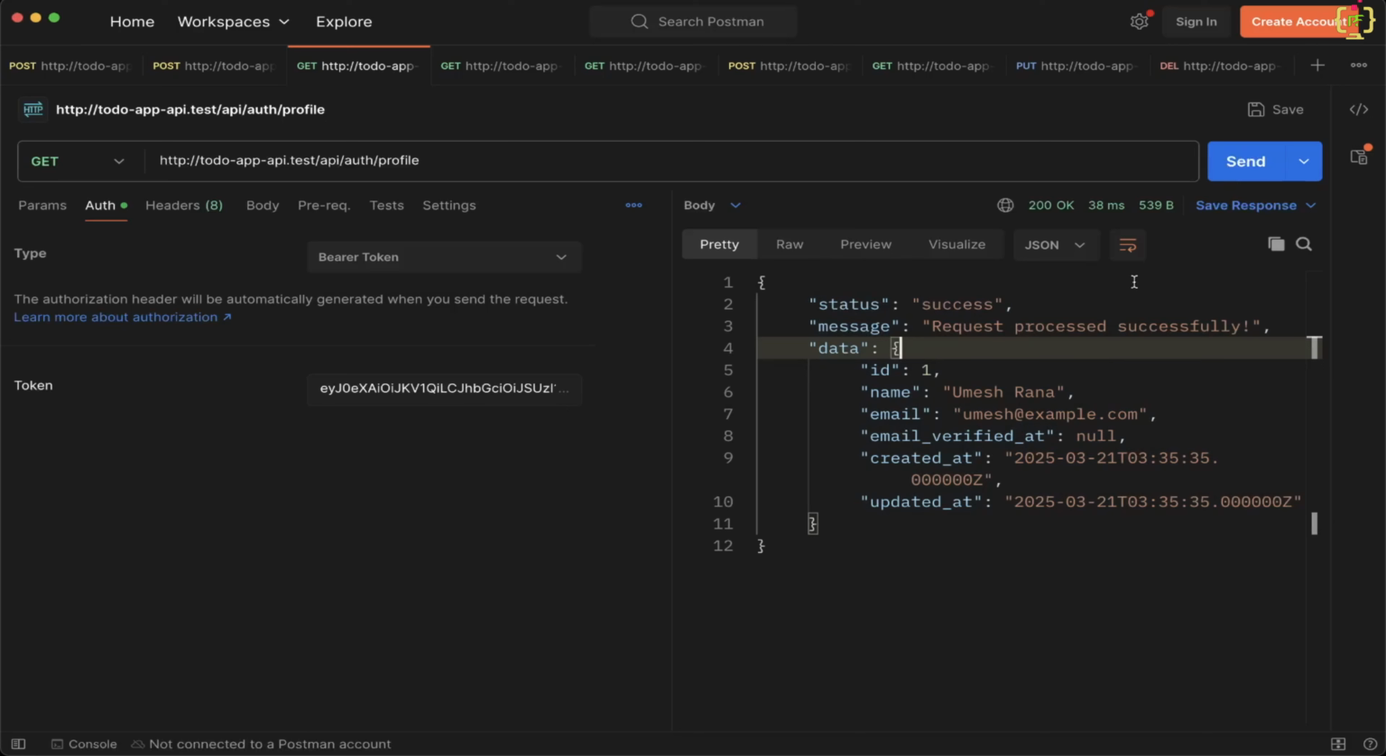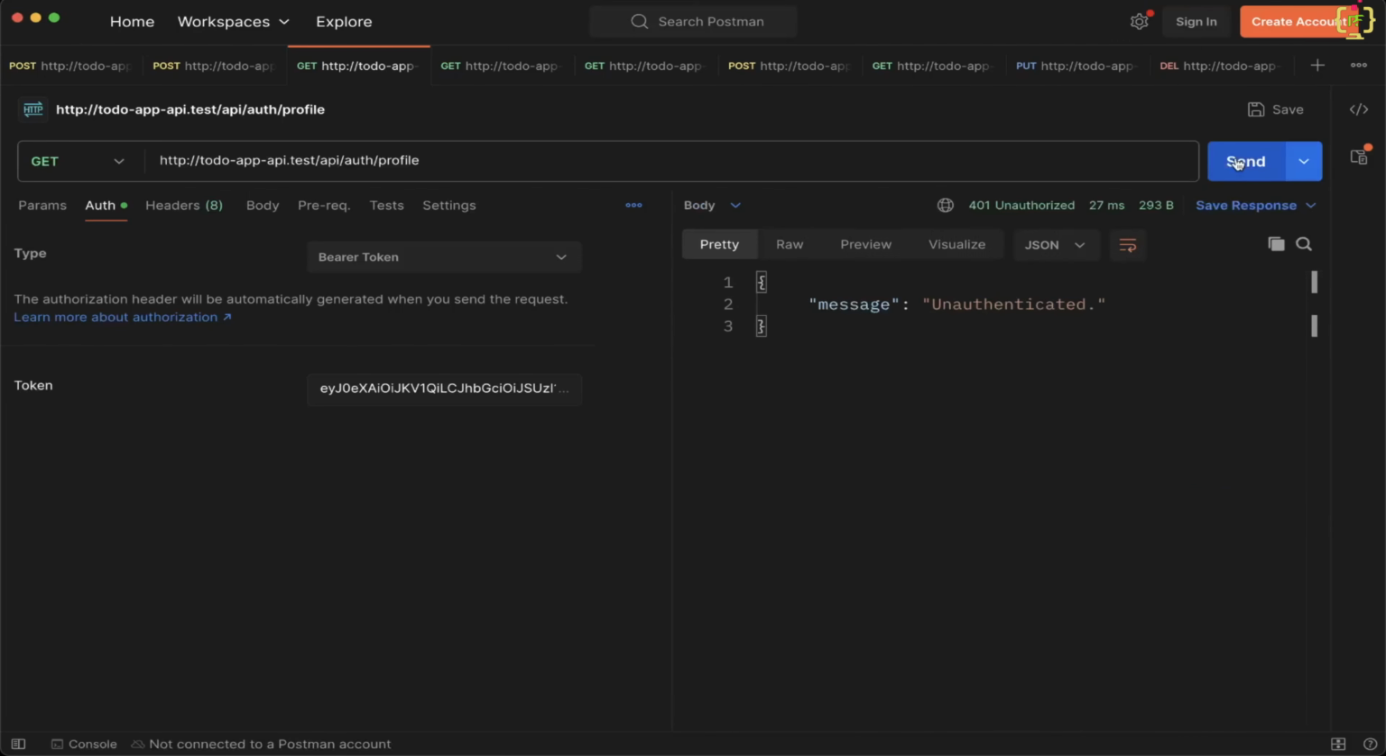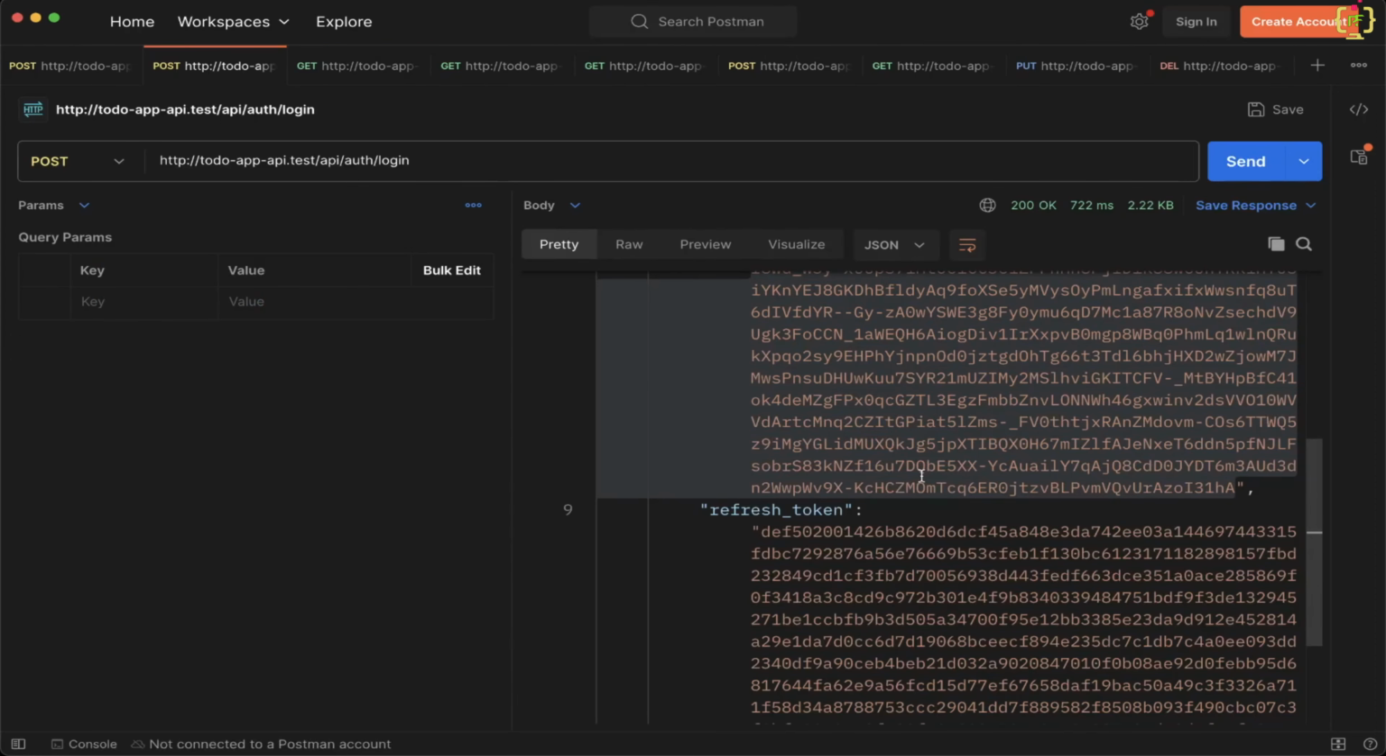Now if we try this token after 1 minute, this will say unauthenticated because that token will be expired. Let's recheck now. Still this is active. Let's wait for a minute. Yes, now we can see this said unauthenticated because after a minute that token got expired. Now in order to generate the access token again we will have to log in through this API, but actually we